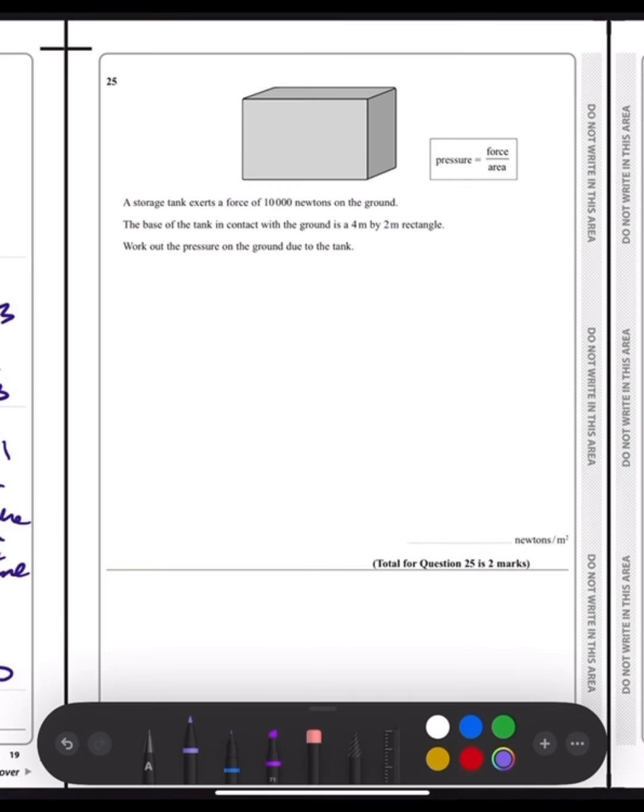So guys, in this question we were given a storage tank of 10,000 newtons on the ground. The base of the tank was 4 meters by 2 meters. So we basically know here we need to find the area first. So what we really did in this question was we found the area, which was 4 into 2 is equals